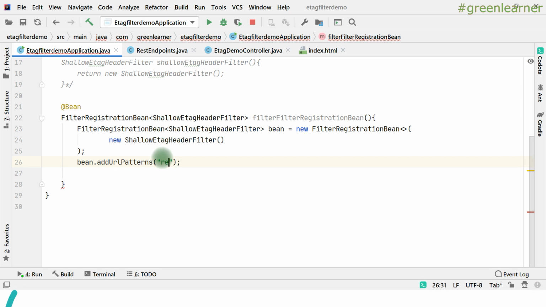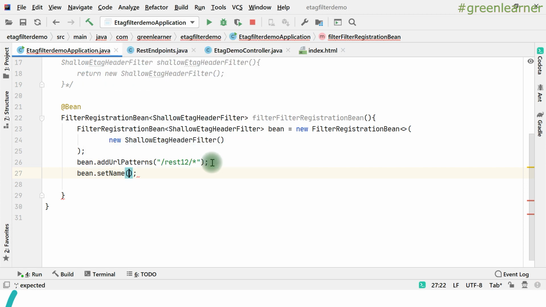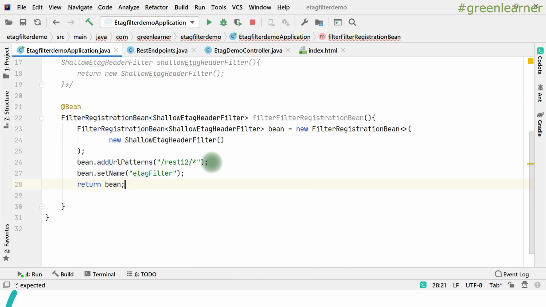So I'm going to add rest12 and star. This is the URL pattern that I have to give here, and then we set the name of the filter, etagFilter, and return the bean, return the instance that you have created, right?